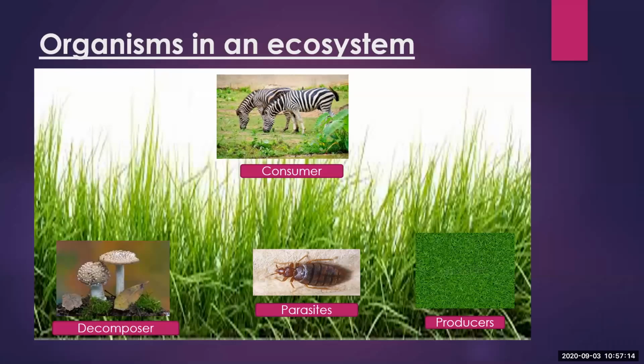So what is a producer? Producers are the green plants which produce their own food with the help of the Sun, through the process of photosynthesis. And consumers are what? They feed on the producers, so they are known as consumers. After the consumers die, their dead and decaying bodies are decomposed by the decomposers and parasites, so that the complex body is converted into simple material that easily mixes with the soil, so that it again passes on to the environment.